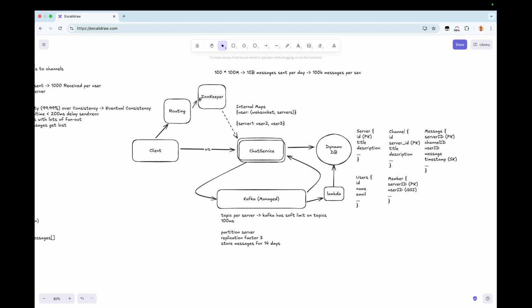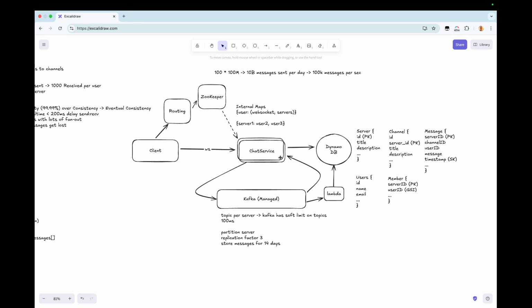And so we do need to consider that as a trade-off of doing this, but we do win in terms of latency here by keeping a lot of those on the same host, and we actually minimize the number of connections that this needs to make with Kafka. I think Discord in reality uses like a combination of Kafka and they do some like batching and PubSub to handle the extremely high write throughput there.